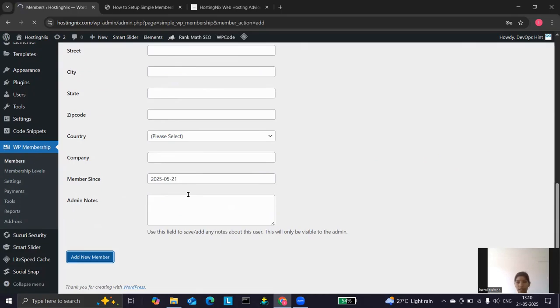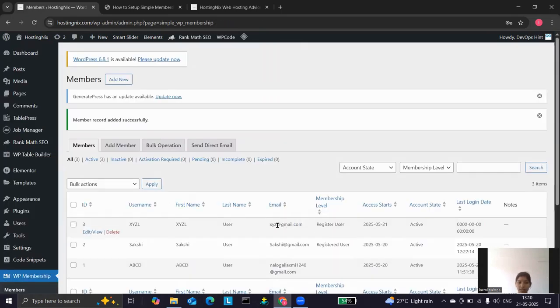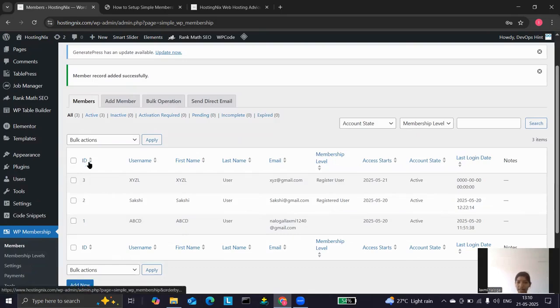So our member is now created. Here you can see there is an ID mentioned for my member, and also the username, first name, last name, all the details are displayed here in Members.